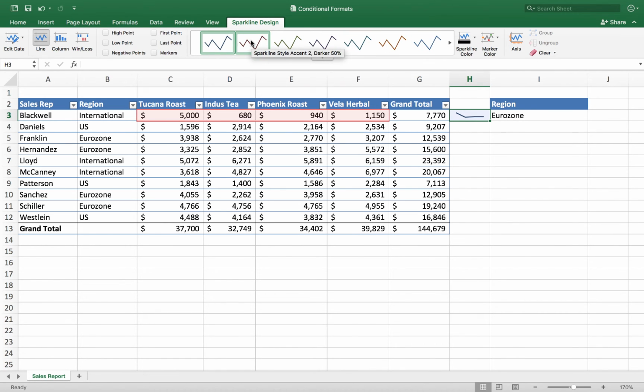I can choose different styles, and the styles are going to be driven by the theme that you're using in the document. I can click on the different styles to change the colors. I've also got some check boxes to toggle on the high point or the low point, or put markers on different items, so you might want to play around with that. Put little markers on at each point here.